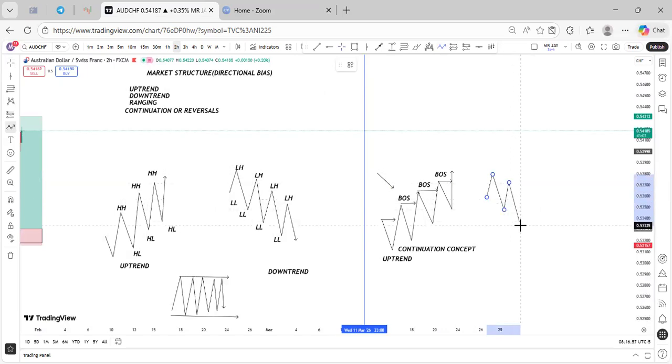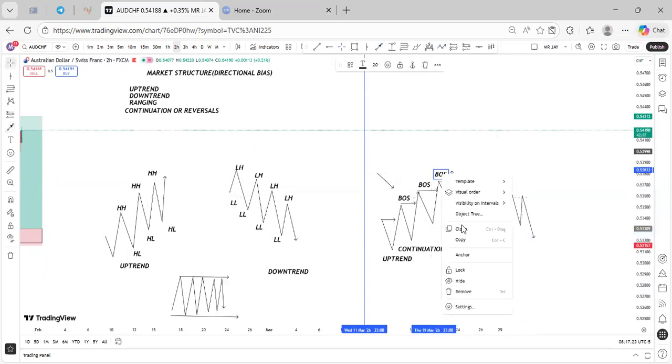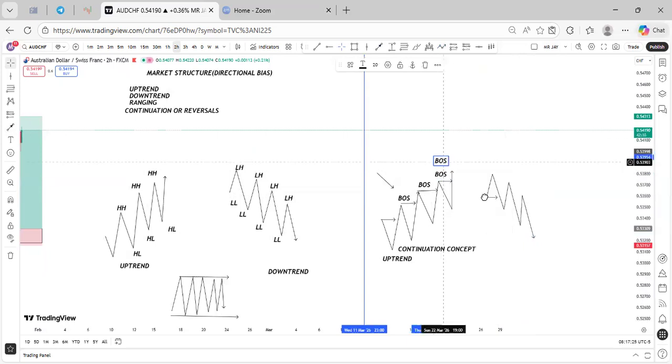So we are trading in line with the trends. We're just continuing whatever is happening, right, guys? So as you can see, the market is just trending and we are trading in line with that. So let me just make this look nice. So this is a BOS here. It's the same BOS we'll use over here. So this is a BOS, another BOS,